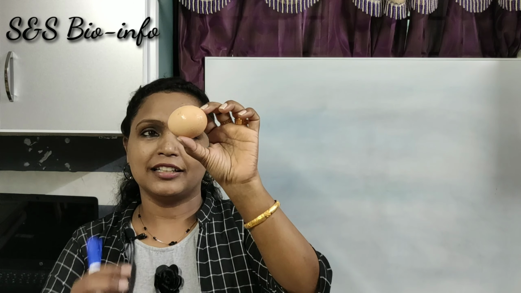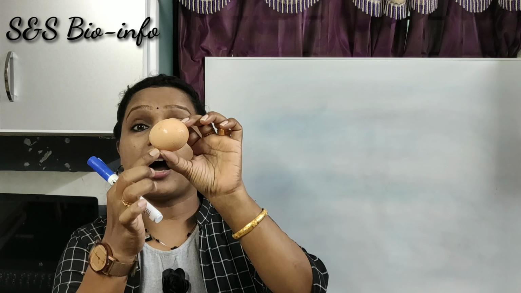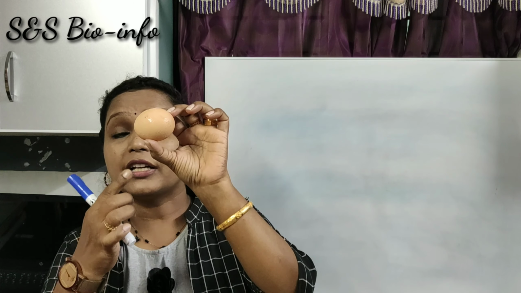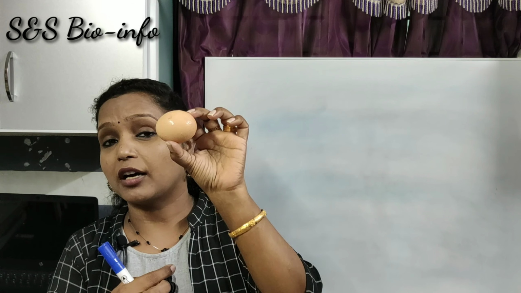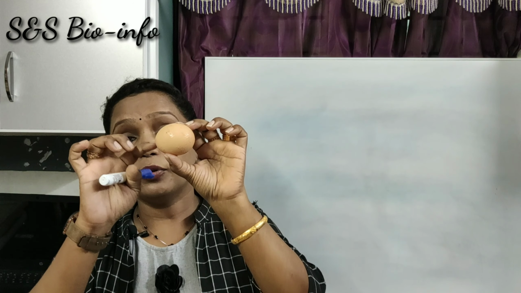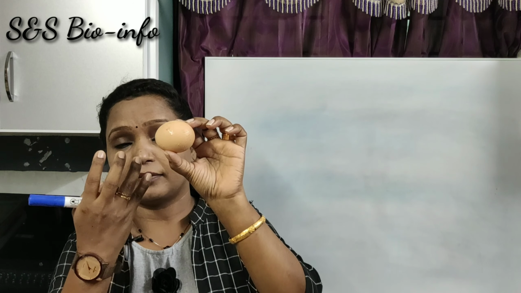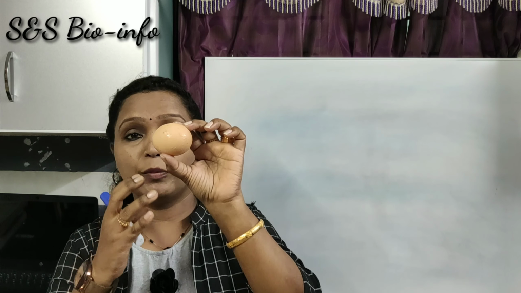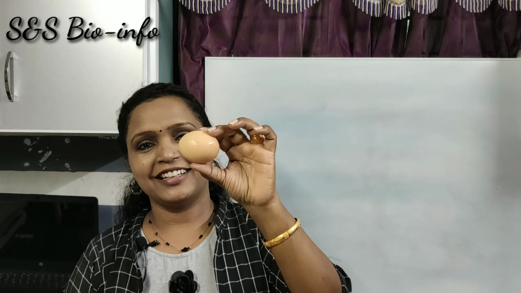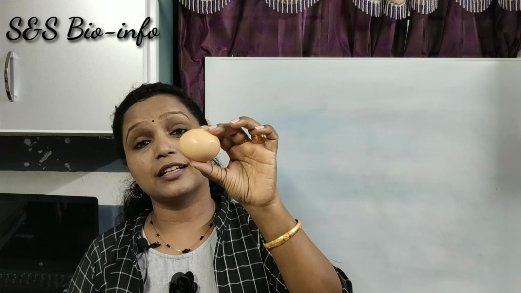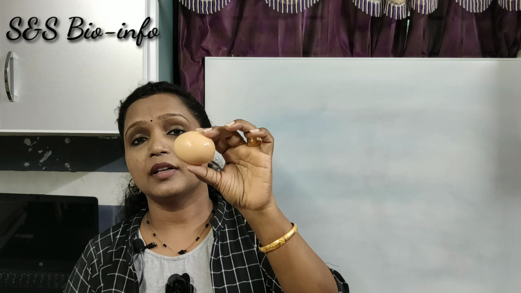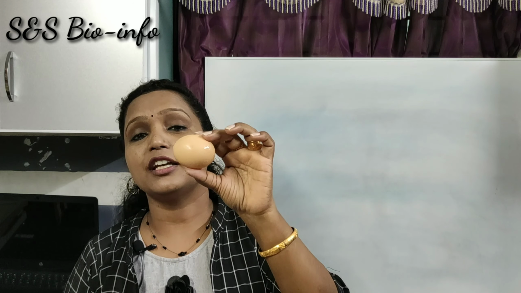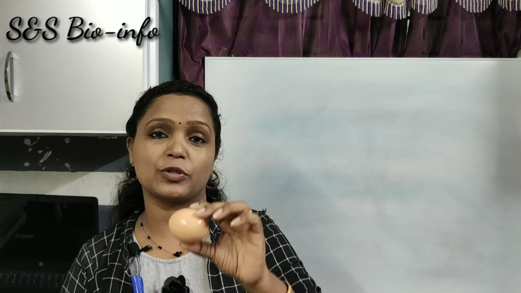You know that the egg is made up of an outer hard shell. The outer hard shell is made up of calcium carbonate. Inner to the hard shell there is a membrane. The membrane protects the yolk and albumin of the egg. It is a cell which is 1000 times bigger than a normal cell. A normal cell can be seen only through a powerful microscope.